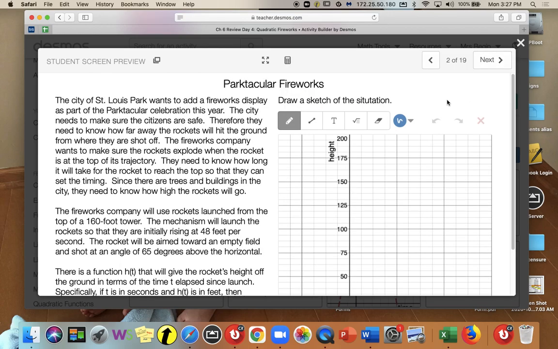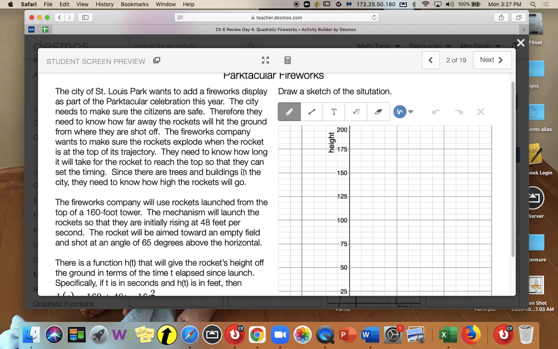Okay, so here's the problem that we're going to look at. The City of St. Louis Park wants to add a fireworks display as part of the Parktacular celebration this year. The city needs to make sure the citizens are safe. Therefore, they need to know how far away the rockets will hit the ground from where they're shot off. The fireworks company wants to make sure that the rockets explode when the rocket is at the top of its trajectory. They need to know how long it will take for the rocket to reach the top so they can set the timing. Since there are trees and buildings in the city, they need to know how high the rockets